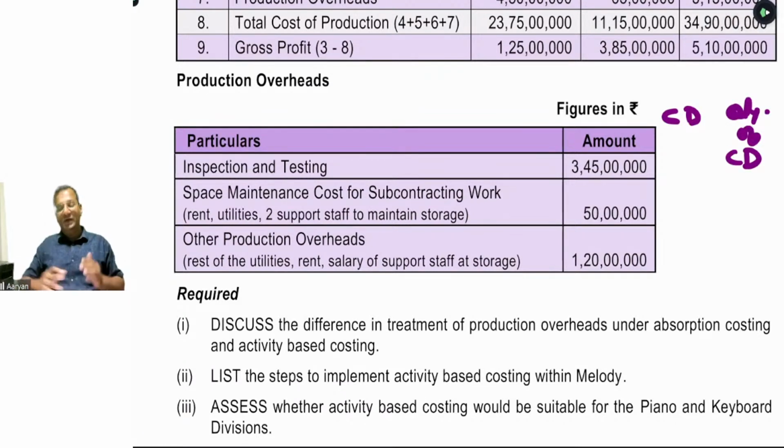Without the cost driver and without the quantity of cost driver, you will not be able to calculate the ABC recovery rate. And unless and until the ABC recovery rate has been calculated, we will not be able to provide the overhead per unit under the ABC method for both the products. So undoubtedly, in this particular question, no numerical calculation is required, because the question itself has not given us the detail of cost driver and the quantity of cost driver, isn't it? So we simply have to discuss.